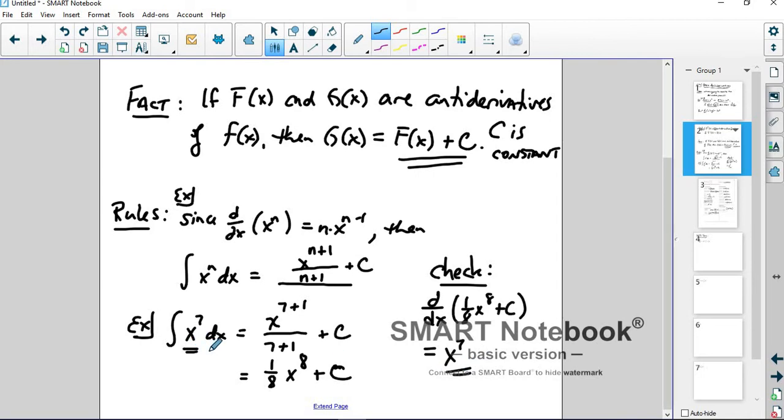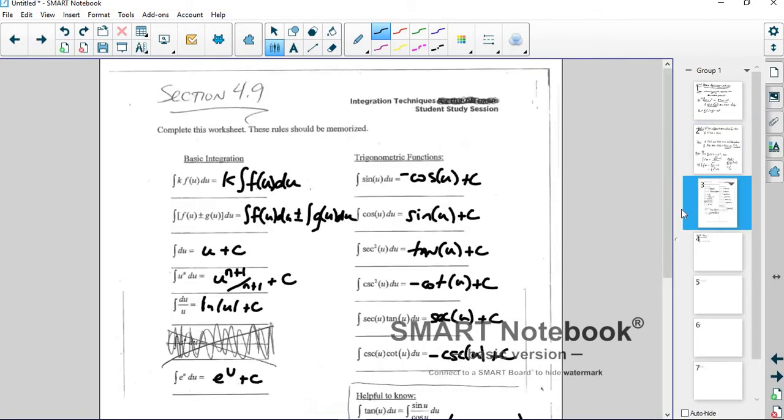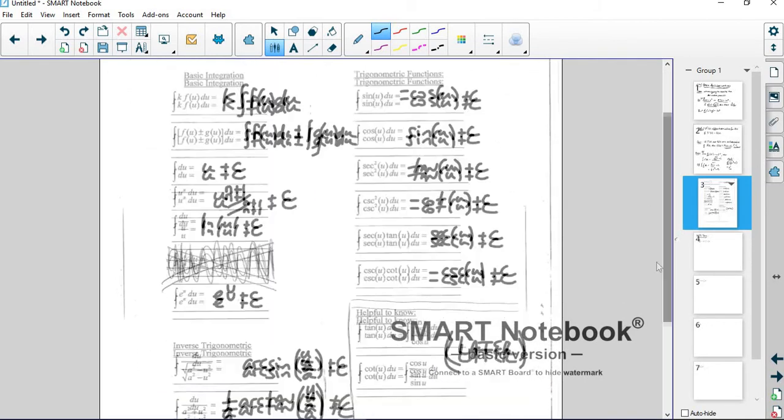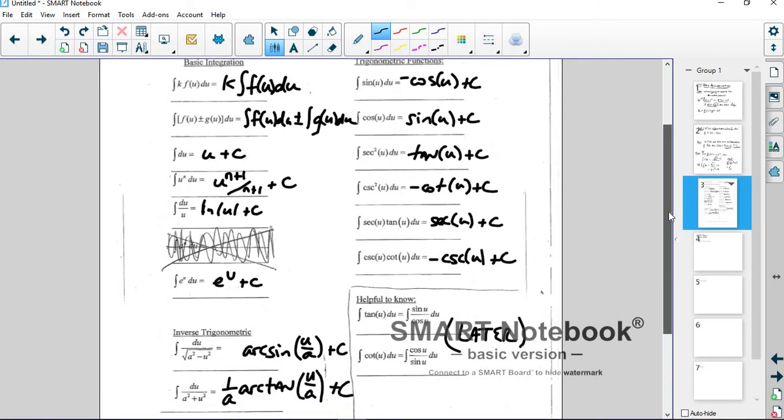Okay? So here's a list of rules. I'm not going to go through all of them. This page will be available on D2L. In fact, you may want to go ahead and print it out from D2L and fill it out. Pause the video or something and fill it out. You can see, I'll zoom out a little bit here. All right, you can see